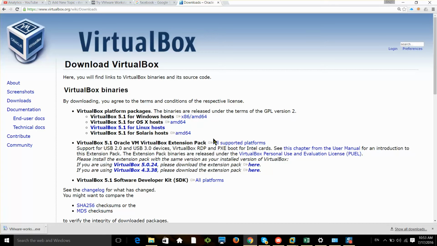So in this case, I am trying to set it up on Windows. So just click on this, and it will actually start downloading the software. You can see it here. It has started downloading the software. It will take some time. It is 115 MB. So once you download it, you can set up the VirtualBox very easily. You just have to double click on it, and it will start installing the VirtualBox. So we'll wait until this is done, and then we will see what we have to take care after the VirtualBox software is downloaded on our Windows PC.